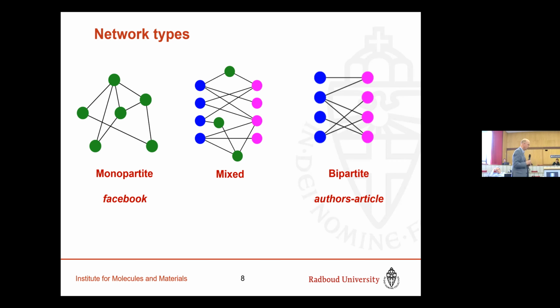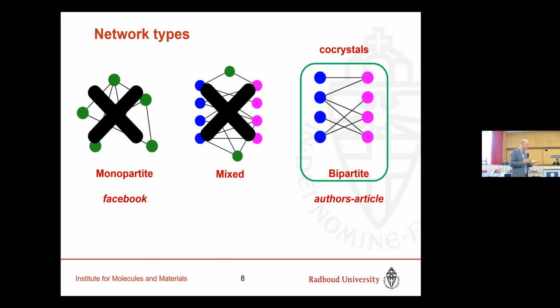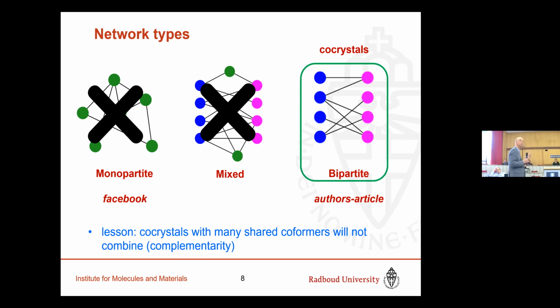Now, the network of co-crystals from the database was analyzed, and it's found that it's in fact predominantly bipartite. So that's something that's relevant to know, because that tells you what kinds of things you can and cannot expect. So it means you have two types of molecules effectively. And so you could say type 1, type 2, and you know that type 1s will not combine. That's what you learn from this. So if you do predictions, you know what to look for and what not.